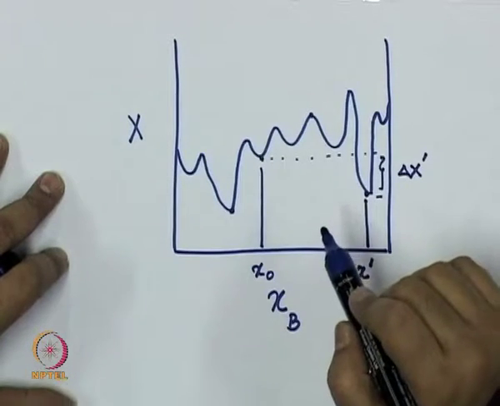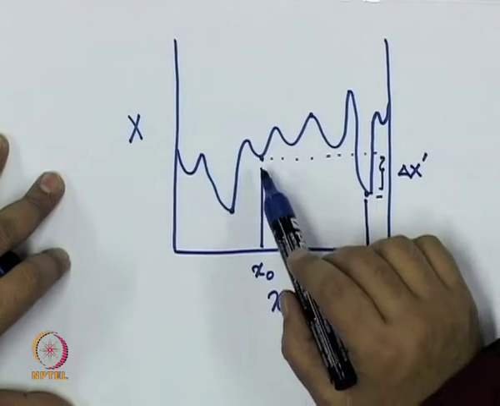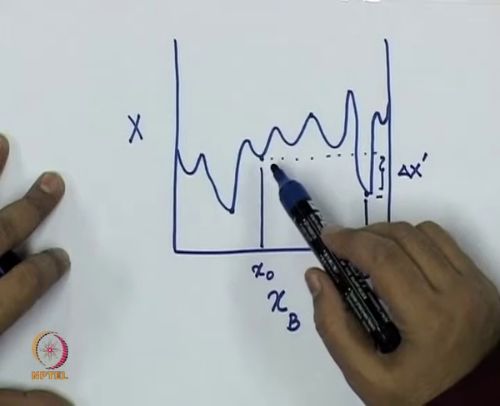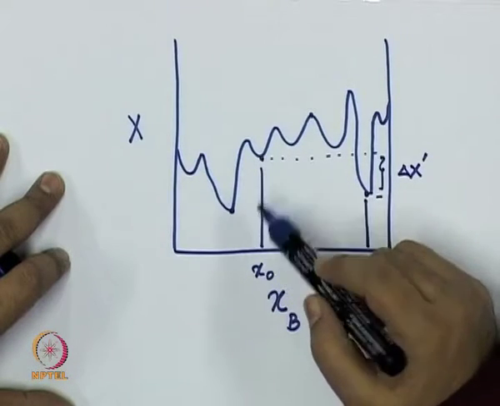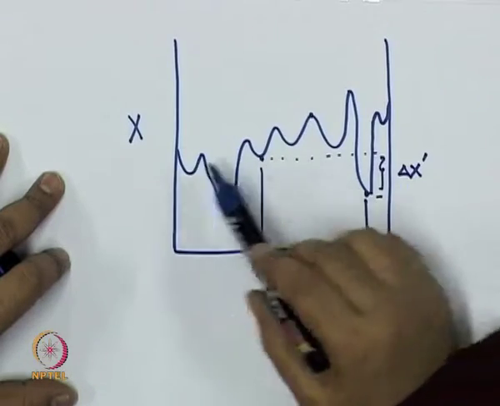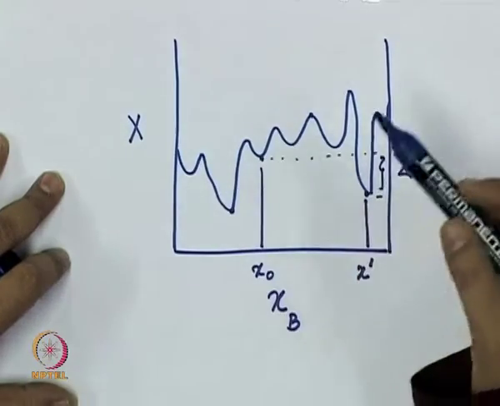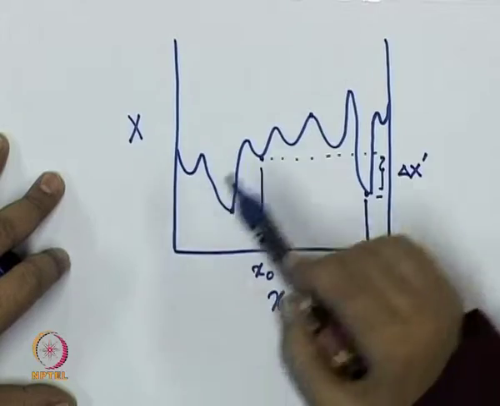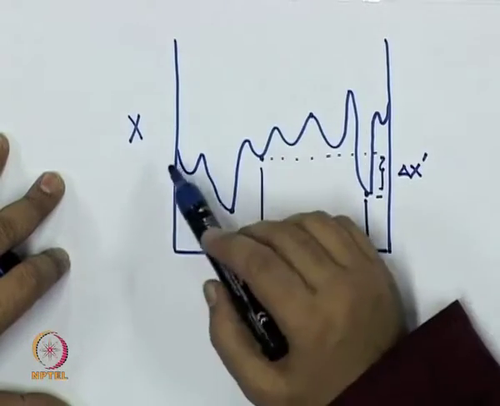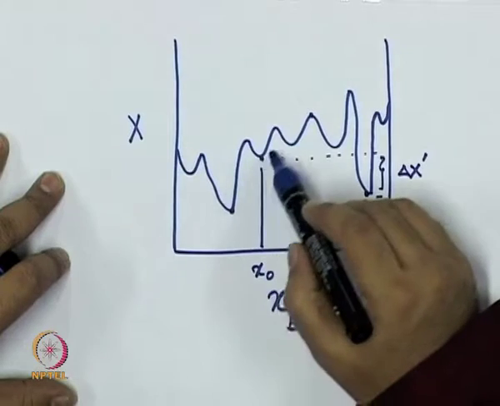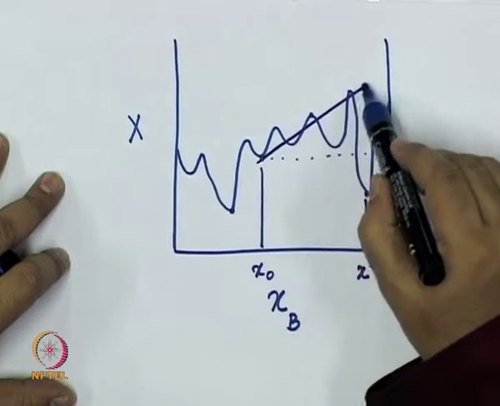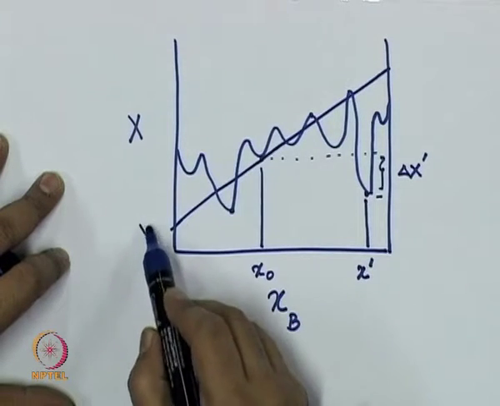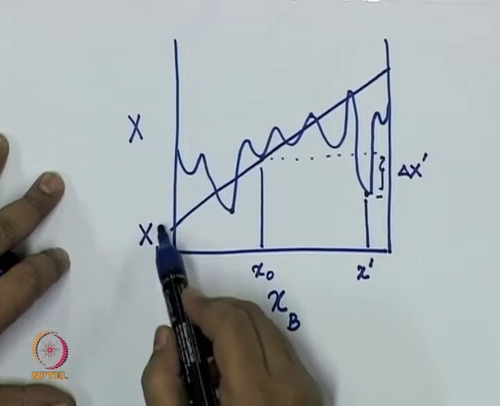In such systems, you have to account for the fact that you are dealing with a composition x naught, and when you add or remove A and B atoms from this composition, then you are going to have changes in the property which are known as partial molar properties. If this was free energy, that partial molar property would have been the chemical potential, but we are talking about a generic property. So, there is a partial molar property which is given, as we know, by drawing a tangent to that point,